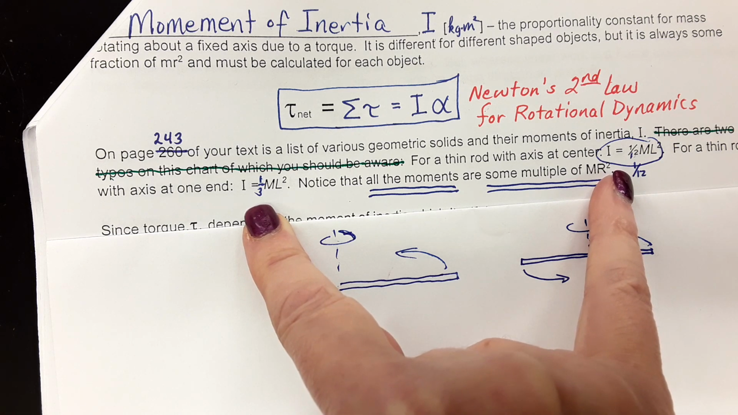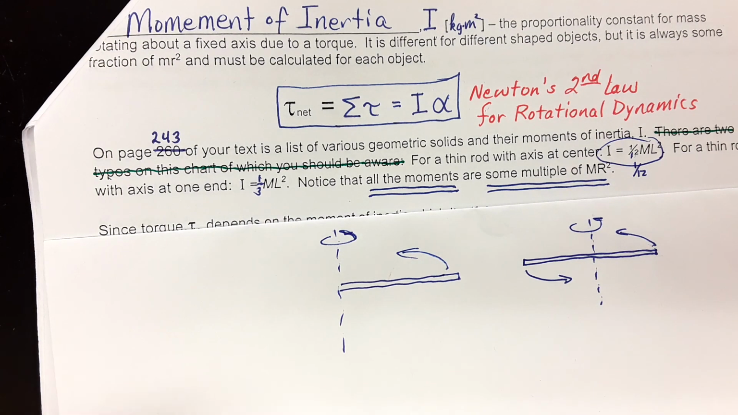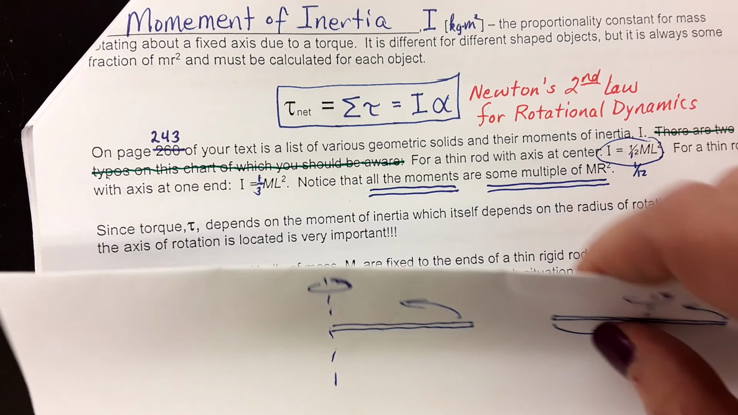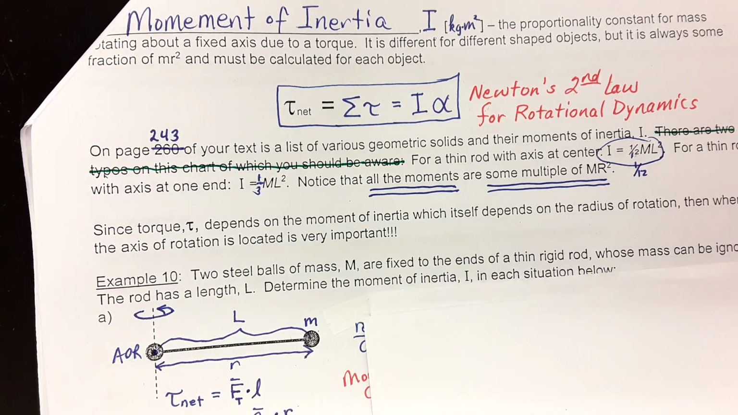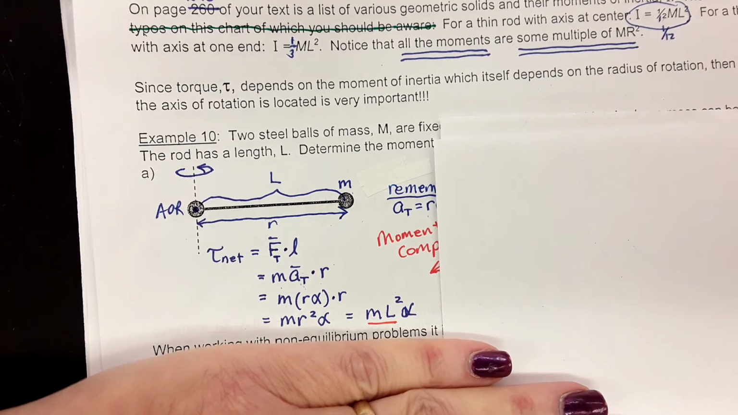However, we can derive a similar formula simply to show that, yes, the moments of inertia for these two situations are different even though the rods are the same. So let's take a look. If we put a steel ball on each end of the thin rod,